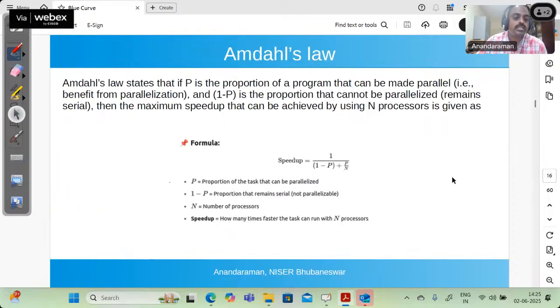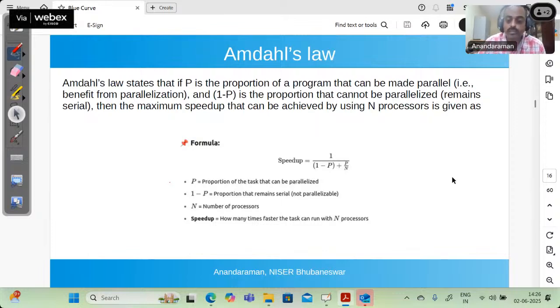The second is Amdahl's law. Amdahl's law actually gives the speed up. So for example, you have a program which is serial code. When you parallelize it, you cannot parallelize 100%. Some part of the code you are parallelizing and some part you are leaving as serial. So what is the percentage of serial code? That only determines your speed up. That is what Amdahl's law states. So this is the formula: